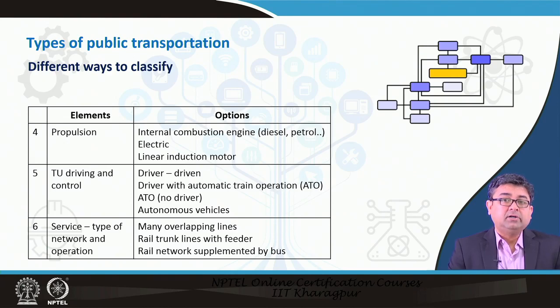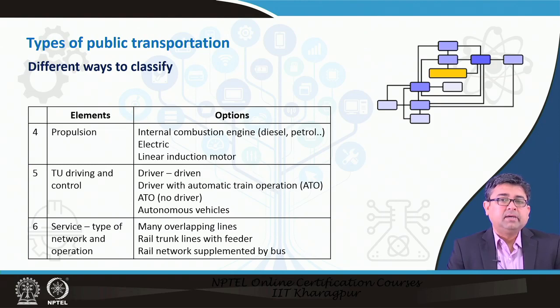Transit unit driving and control may be driver driven. You already know that there are a lot of light rails or metro rails that are automatic train operation. So, they do not have any driver, and the vehicles run automatically on the rails. And now of course, there are autonomous vehicles that are also coming up. And then the other type of